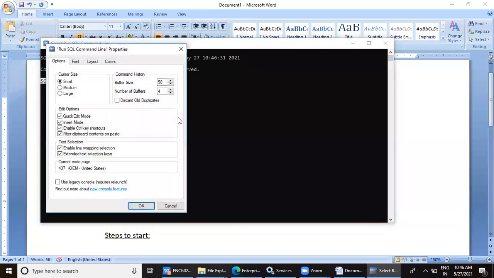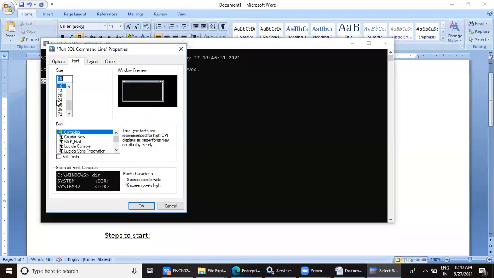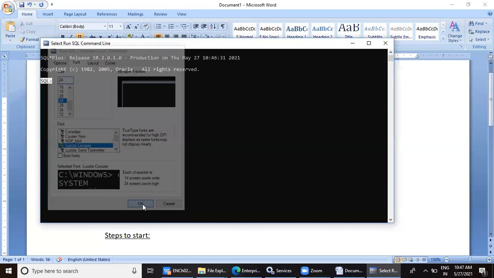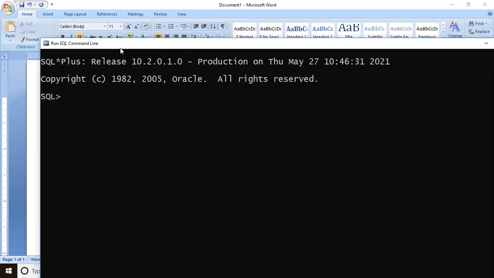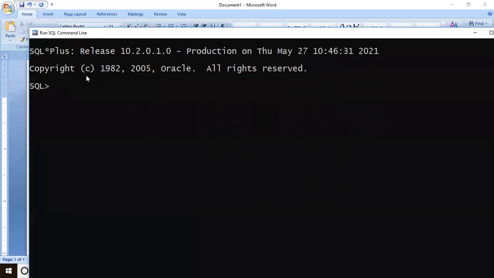So when you want to modify the font size and all, you have to right click on this title bar and then go to font option, and then you may select a bigger font. So the cursor will be blinking at the prompt.